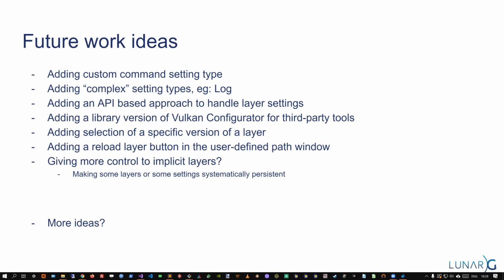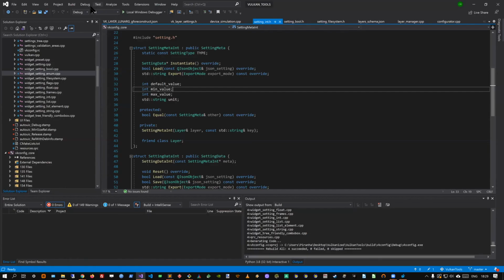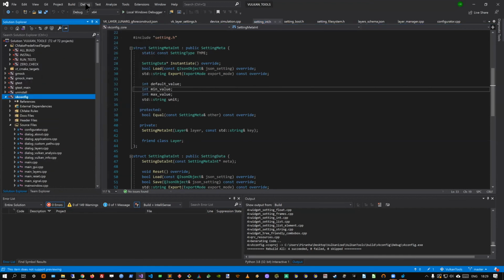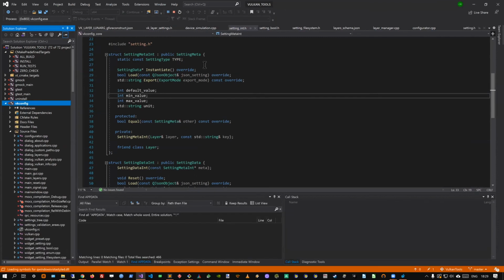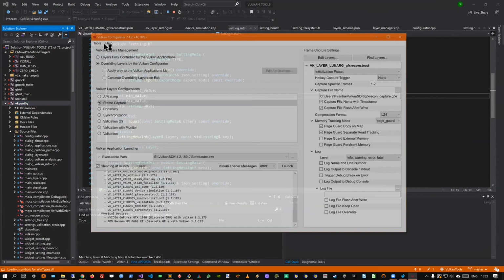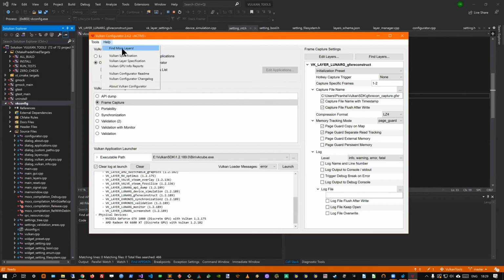Another layer we have captures frames, taking a screenshot of a frame, which could be a screenshot of the application. There are a lot of overlays. I forgot the name of the layer, but I can find it very easily. There is a monitor layer, and there is in the community a layer which is very interesting, but it's not supported on Windows. If you want to find more layers, there is a section here.